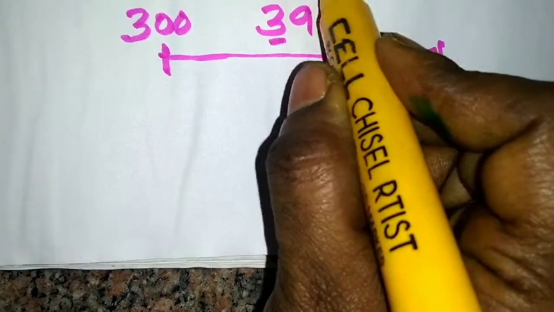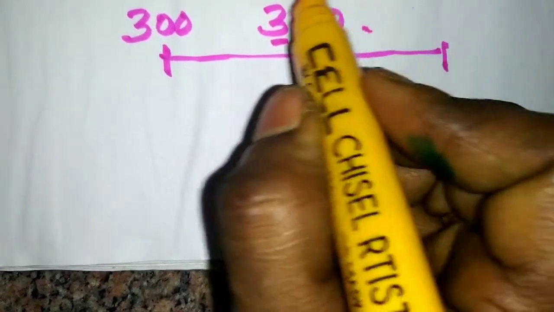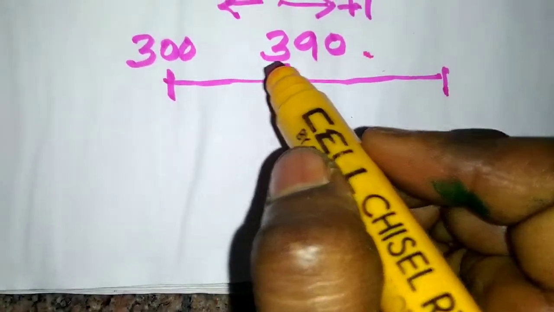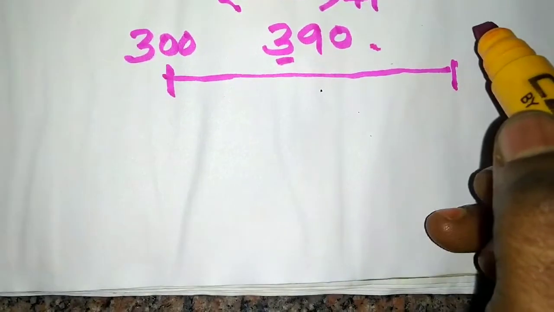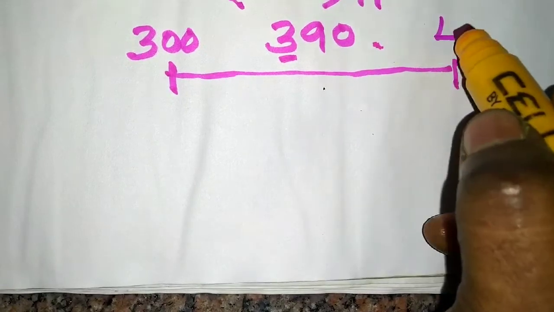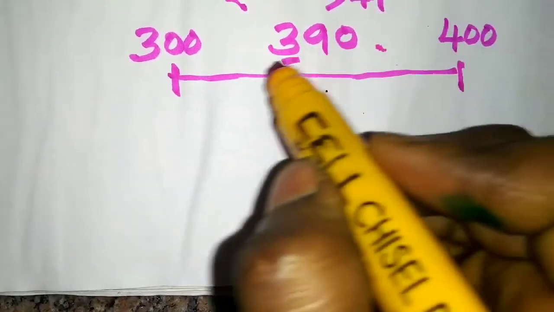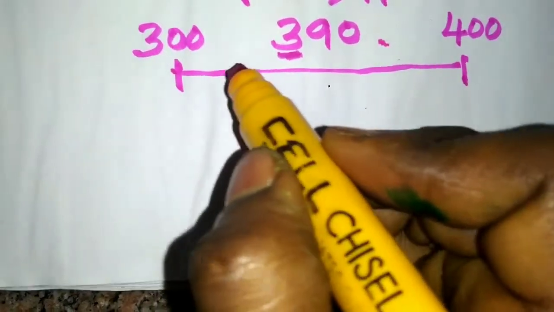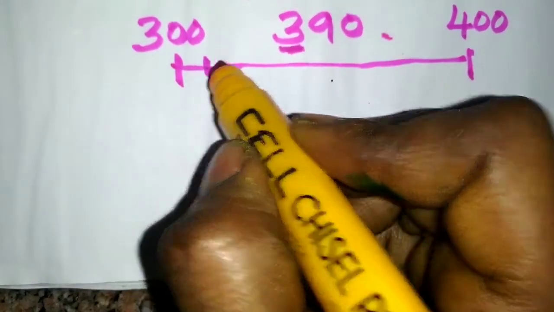But after 390, if you use skip counting by 10, you will get the round off 100 value as 400. In ones and tens place, as usual, you have to put 0. In the hundreds place, you have to add one more value after the given number to round off to the nearest 100